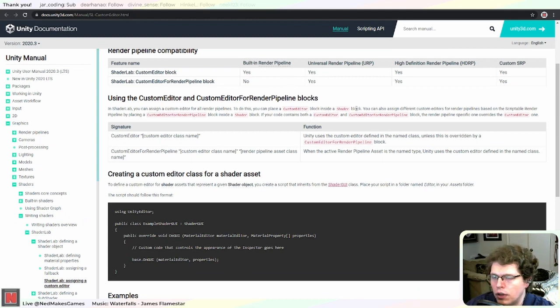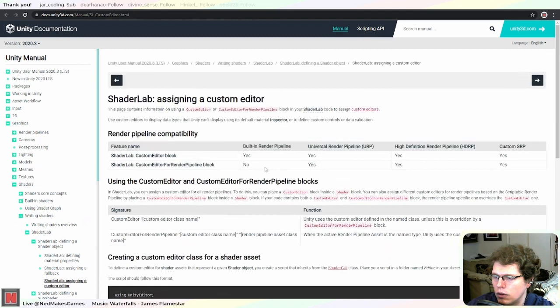Place the custom editor block inside the shader block. You can also assign different custom editors for render pipelines based on the render pipeline by placing a block. If your code contains a custom editor and a custom editor for render pipeline block, the render pipeline overrides the custom shader. Okay. Alright, so this is also out of date because the other page said that the HDRP should not use this, but